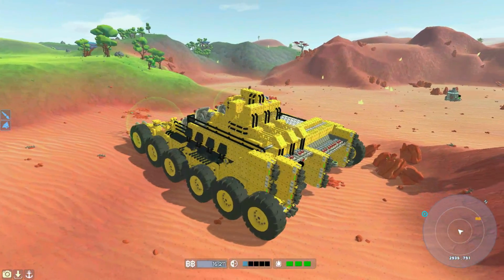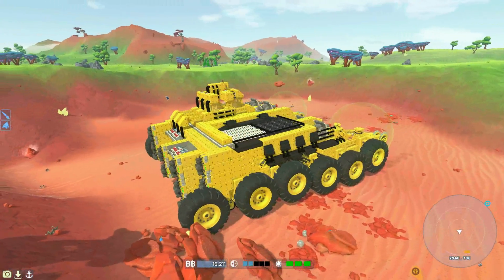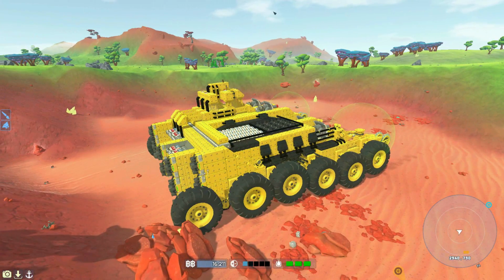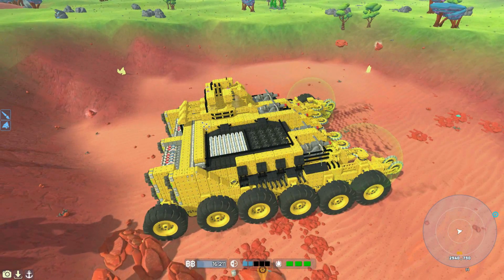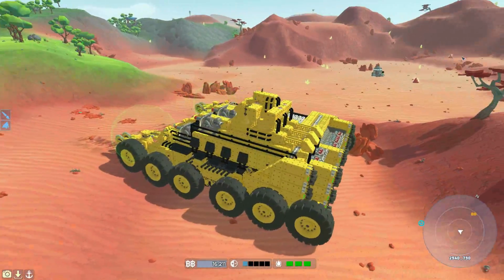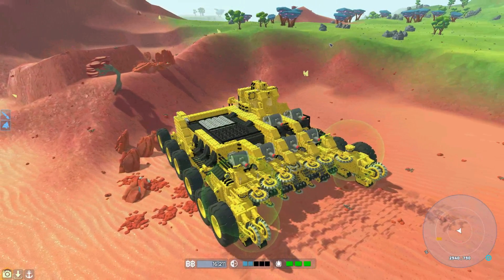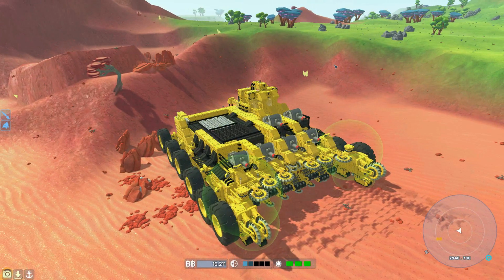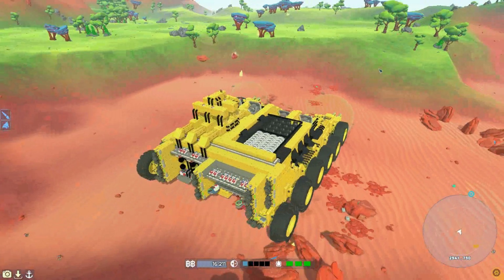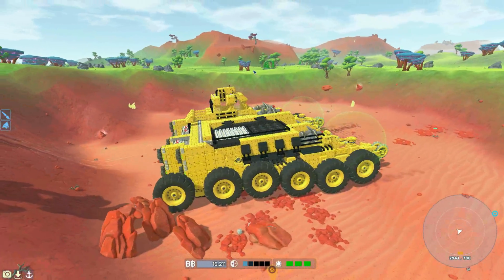Okay, so this you could consider the final test. Right now, I've got down here nice and easily. I've been driving around for 15 minutes, no issues. I've harvested everything, sold it, it's all working well. Now, how do I get out of here? Now, the easier option would be to use this section here, because both wheels can stay on, and honestly a lot of the tracks can as well. The harder section is here. Although it looks easier, the tracks will have nowhere to grab, so it's more a test of the wheels, and